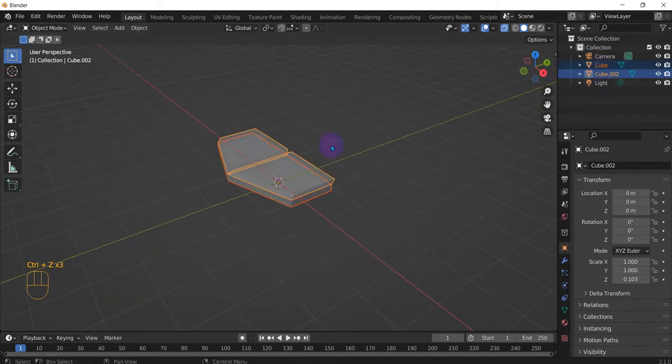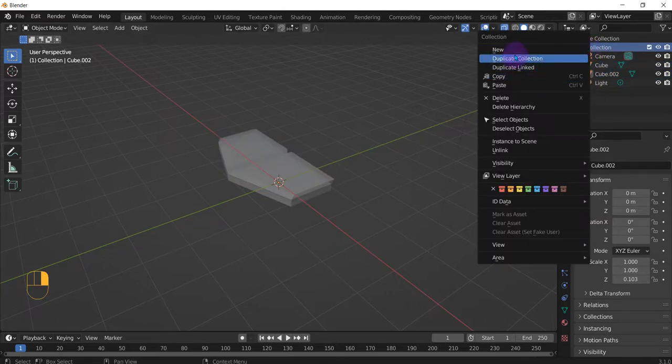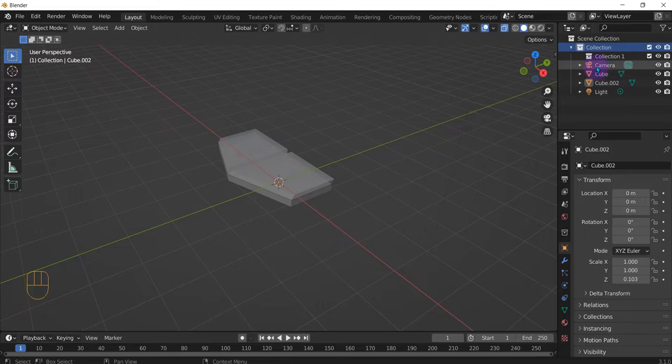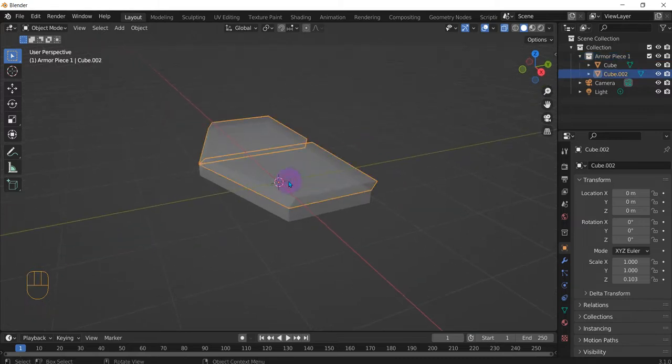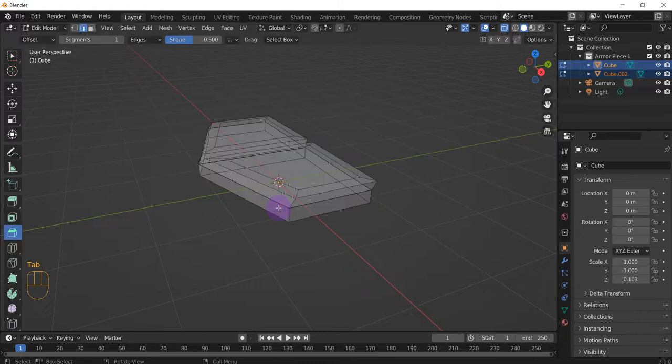Also, if this is gonna be like one little part, make it like a scene selection so you're not too confused. So these two. So armor piece 1. Alright, and then so we can make it more interesting by selecting these two, Tab,